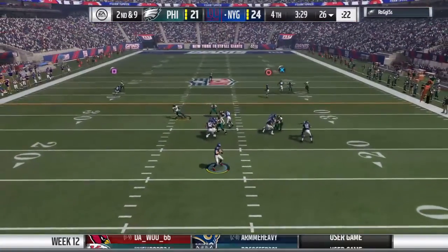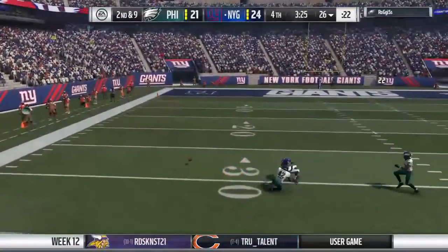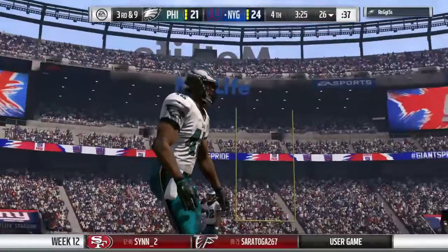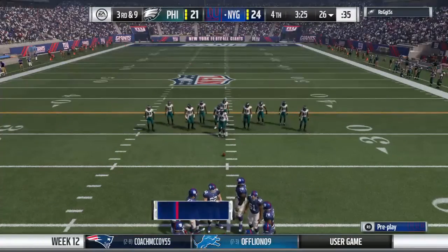From the shotgun, he'll look to throw. He's going to rifle one deep left side. And he almost had it defensively. Could have been a game changer there in this second half. Instead, it's 3rd down. I know that interception was dropped, and it would have been their third of the game,